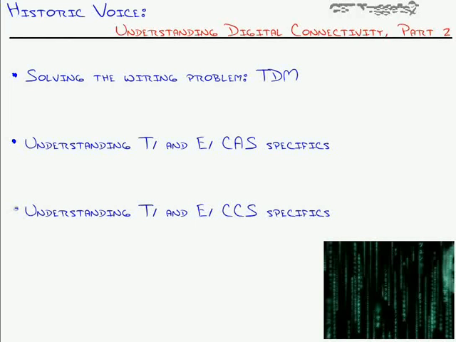So T1 and E1 CCS is probably the more common one in the voice world because it is the one that allows you to send more complex signaling types, giving you more flexibility and features that you can send using signaling information than we had in the T1 and E1 CAS world, dedicating either the 17th in the E1 world time slot or the 24th time slot in the T1 world just for signaling information.